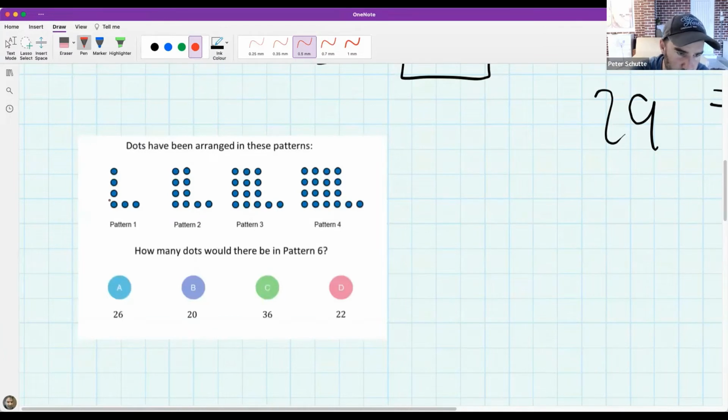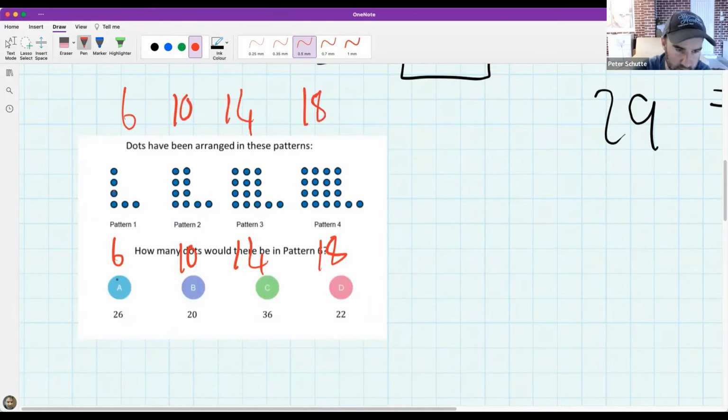So if we look at this first thing, has everybody voted? Let's have a look. Make sure you voted. I'm just going to count these dots. 1, 2, 3, 4, 5, 6. So that's 6. Then the next one is 1, 2, 3, 4, 5, 6, 7, 8, 9, 10. Then the next one is 1, 2, 3, 4, 5, 6, 7, 8, 9, 10, 11, 12, 13, 14. And then the next one is, well, 4 times 4 is 16 plus 2 is 18. So what I've done is, and I'll actually rub this out in a moment, I've translated my picture